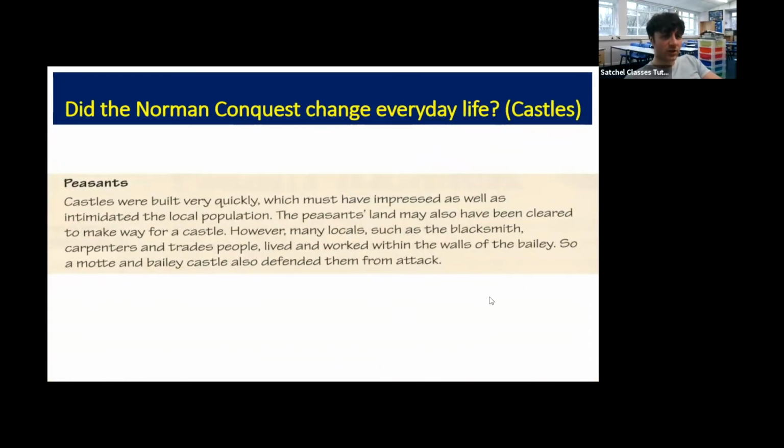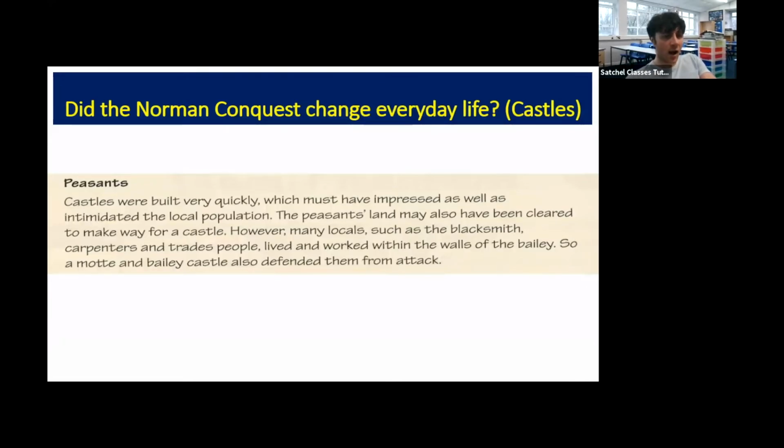So that was for the aristocracy, but what about the peasants? Again, as usual, just take a quick moment to read here, and then we will discuss. So the impact of the castles on the peasants is sort of twofold. There are two different impacts. The first impact is negative. They were intimidated, as we spoke about just now, by the construction of the castles. It was designed to do that. That was their job. However, on the other side of things, there were many local peasants that would work in